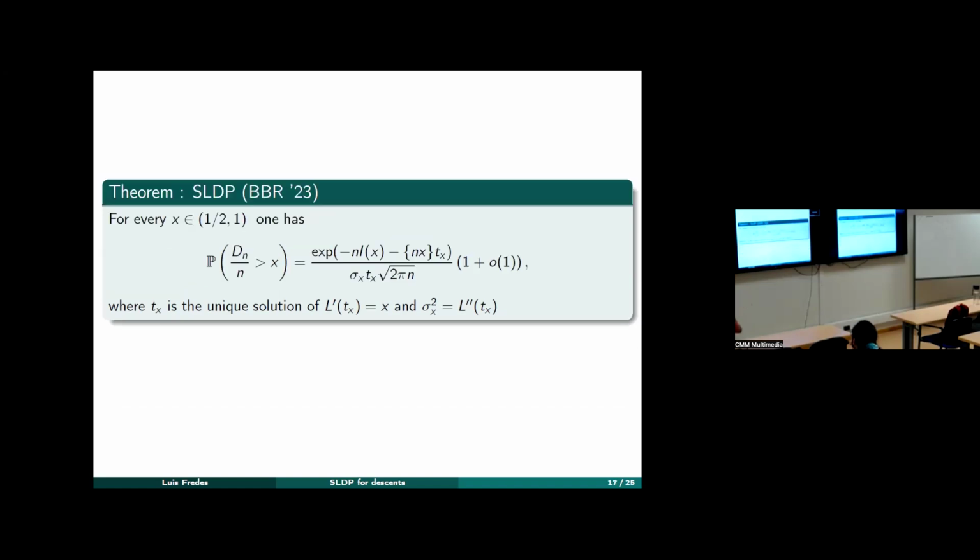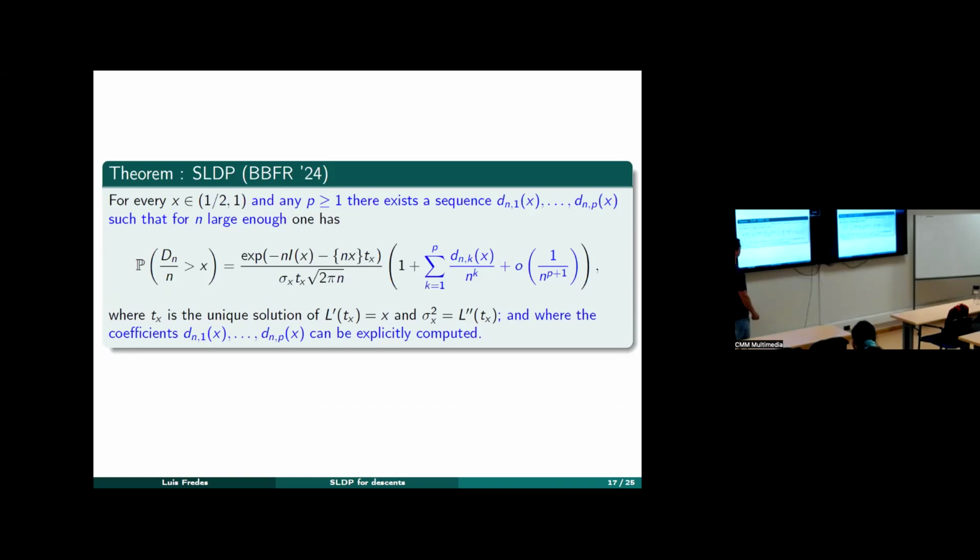So basically, we could prove an improved version of this, and it's basically the full description of any order. So here I put large deviation principle of any order. It's basically because you can develop the order 1 term in P up to the P